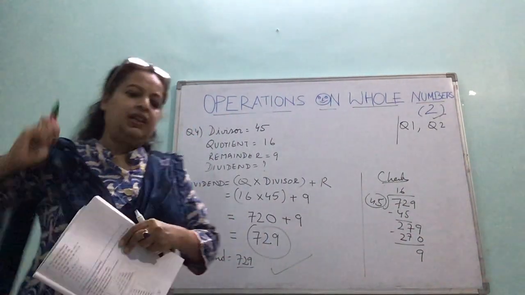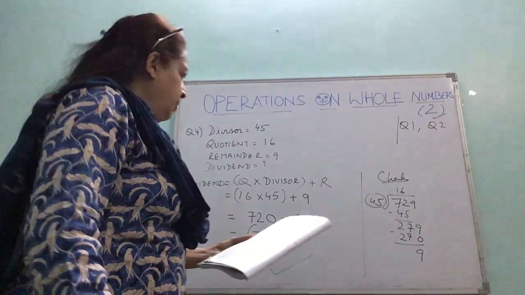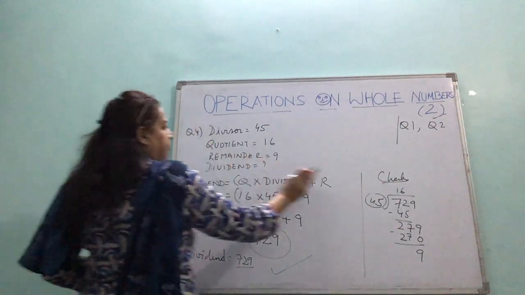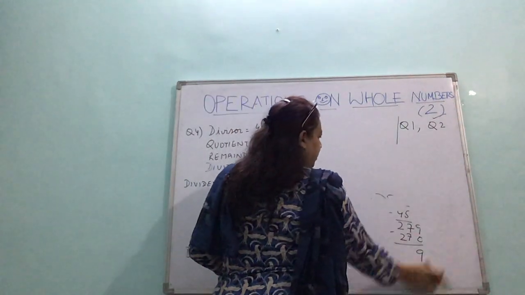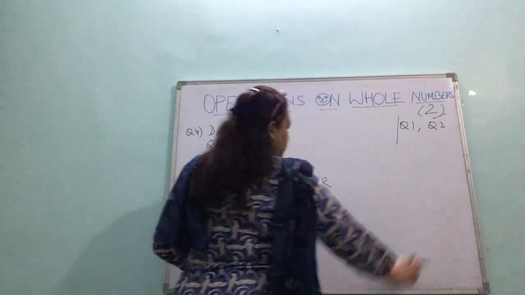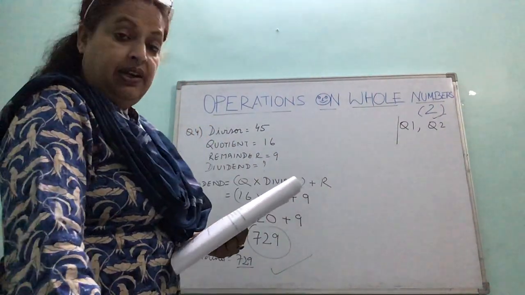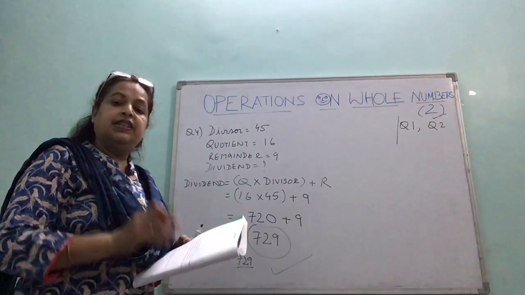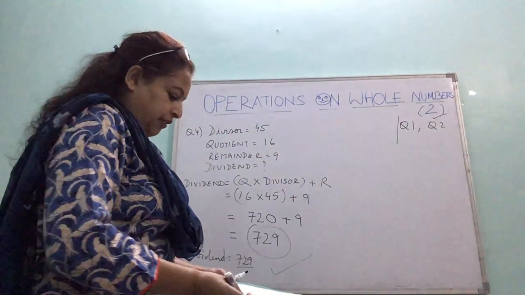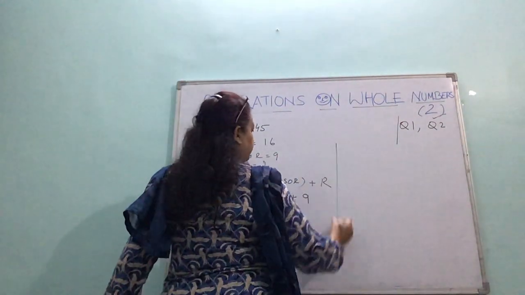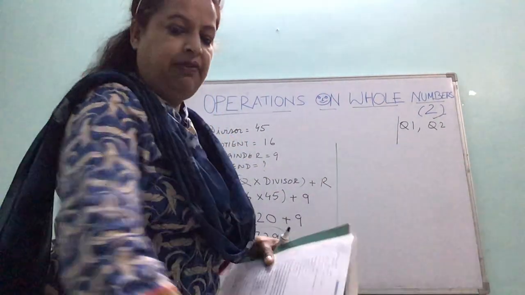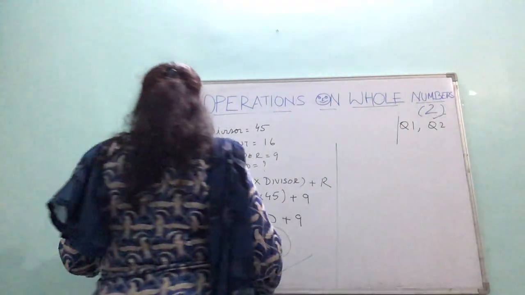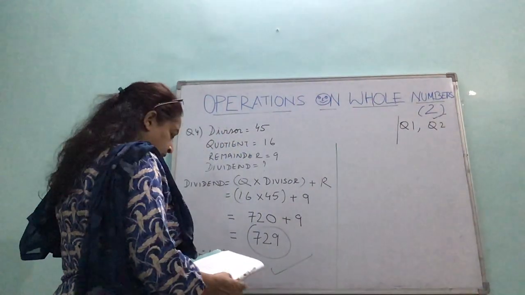Alright? And I'll take up question number 5 also. Question number 5, maybe I can take it up here only. I'll read it. A good and important question. Find the largest number of 5 digits which is exactly divisible by 57. Question number 5. Largest number of 5 digits exactly divisible by 57.